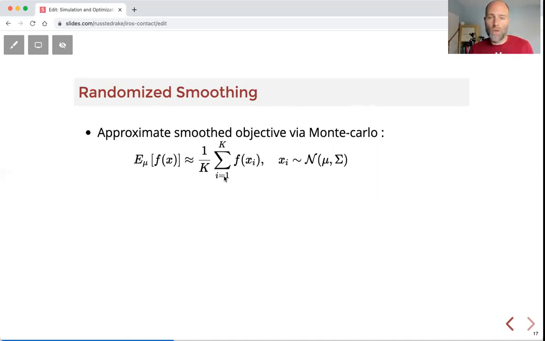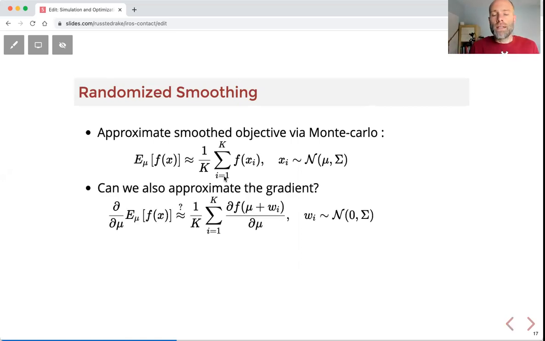Okay, so a natural thing we would know would be that if we wanted to approximate the objective function directly, the expected value, we could take a Monte Carlo approximation. So I'll approximate the true expected value with drawing a number of samples and just summing those up. If those samples were drawn from the distribution, life should be good. Can you also approximate the gradient in that way? So the expected value of the gradient of the expected value, you'd like to think, well, the expected value is a linear operator. The gradient is a linear operator. I should be able to exchange them and bring them inside.